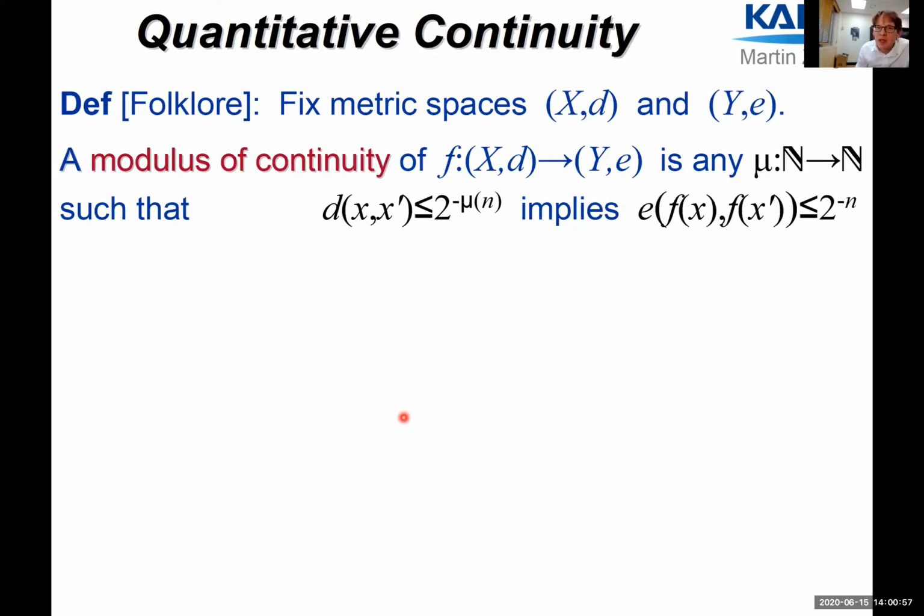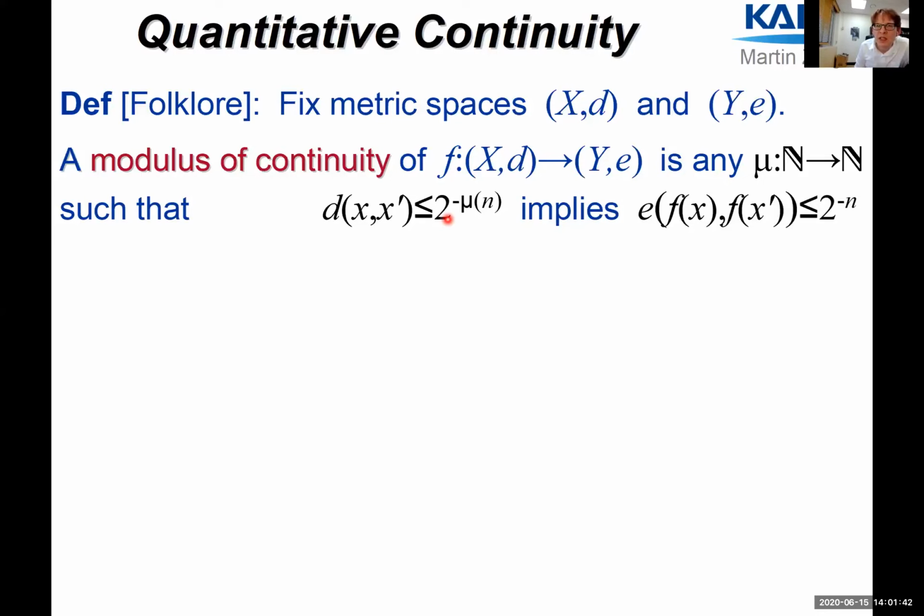Well, this is kind of a quantitative version of epsilon-delta continuity, where mu is called the modulus. This is not to be confused with what sometimes in calculus people call a modulus. They call a modulus a function from the positive reals to the positive reals. Here, this is more like the computer science perspective, which also explains the powers of 2. This is kind of like binary encoding or bit length. Okay, so in a sense, deep functions that are sensitive, where the value depends sensitively on the argument